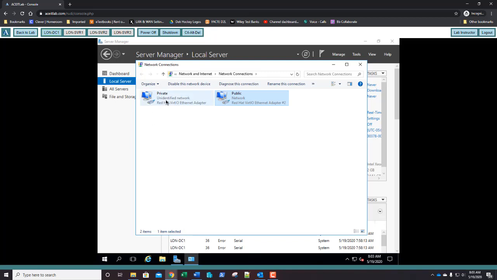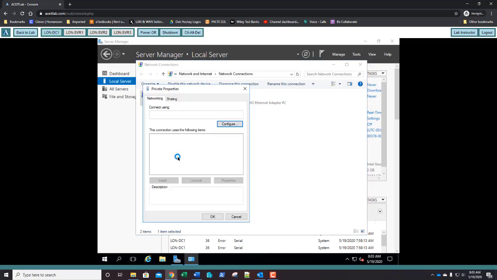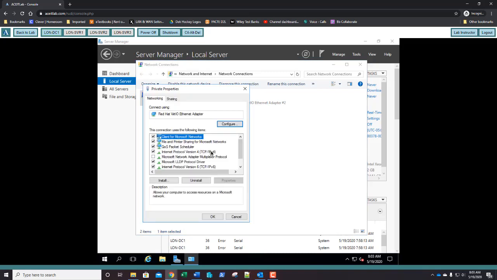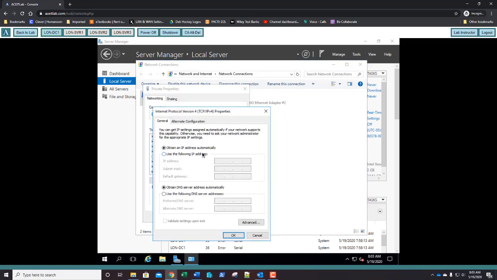So I'm going to right click the private adapter, go to properties, and double click IPv4. That's going to allow me to make a static IP address assignment for this server. Looking down that column where it says VM name LUN-DC1, I see that my private IP address for my DC is going to be